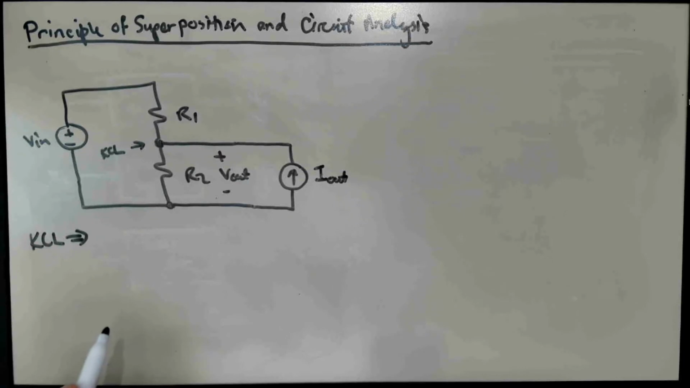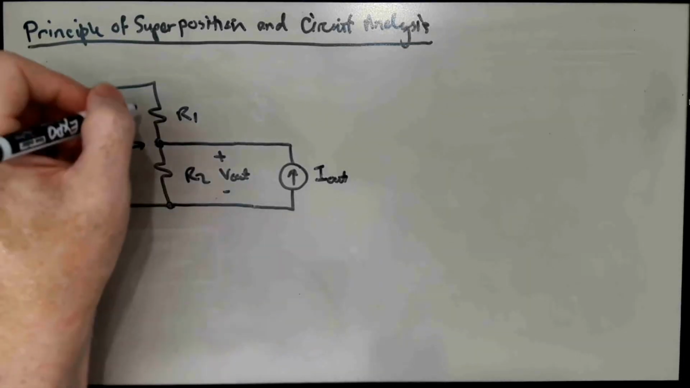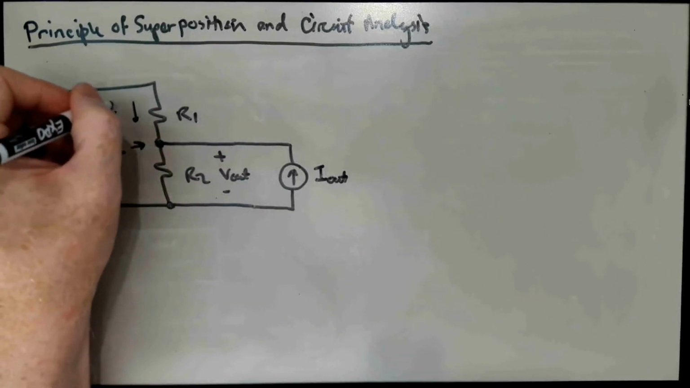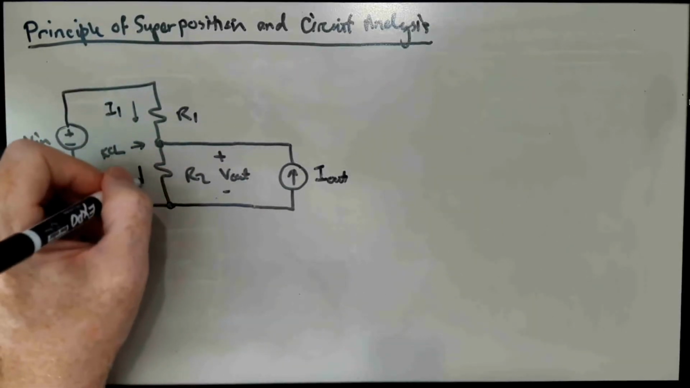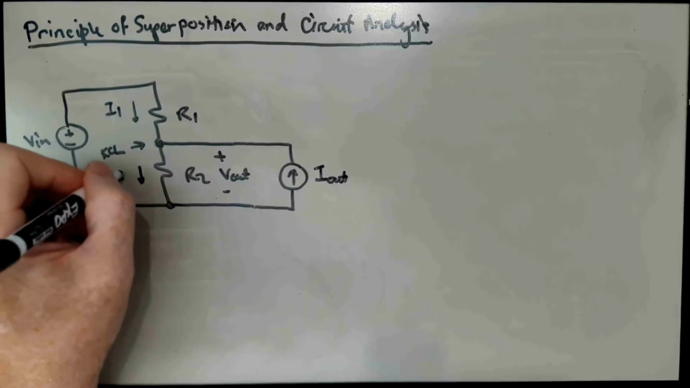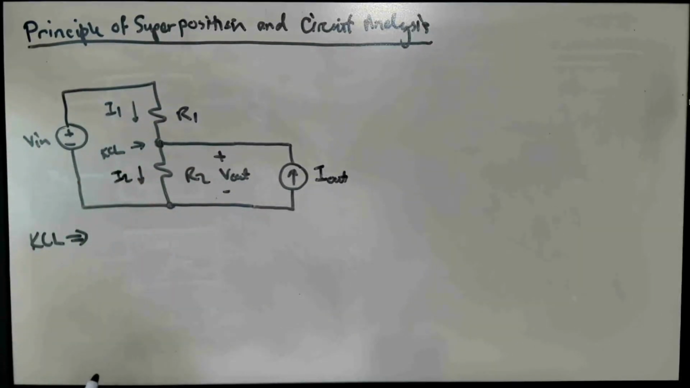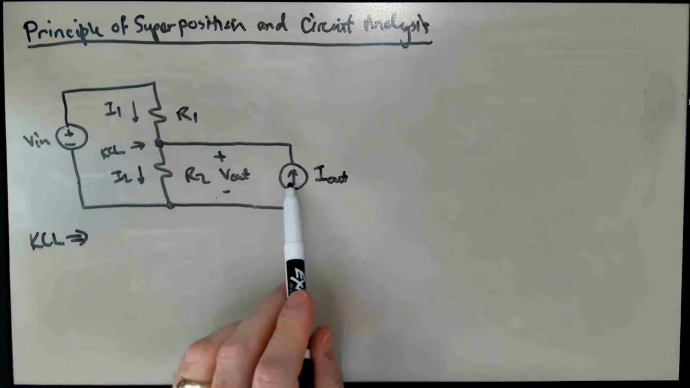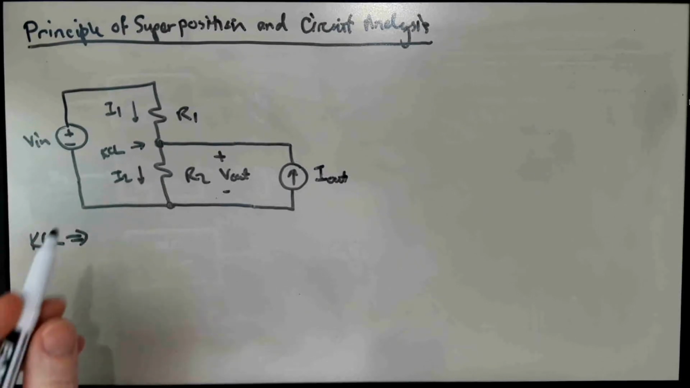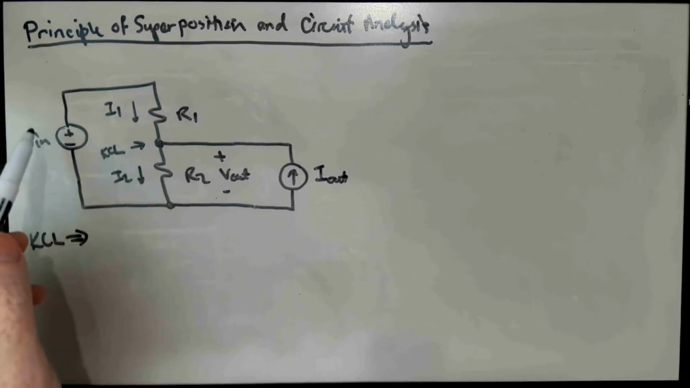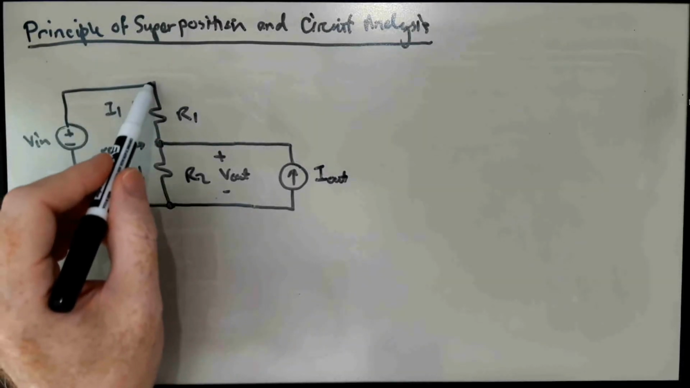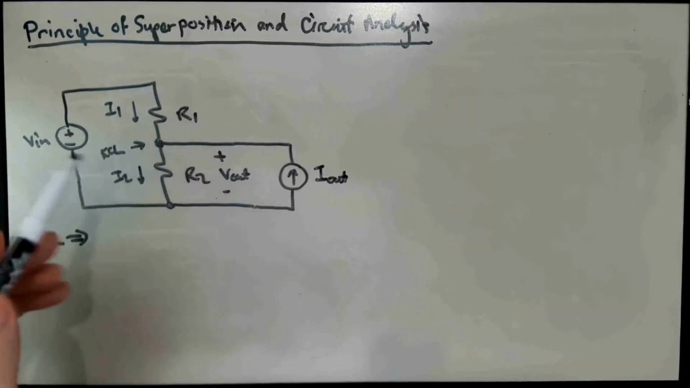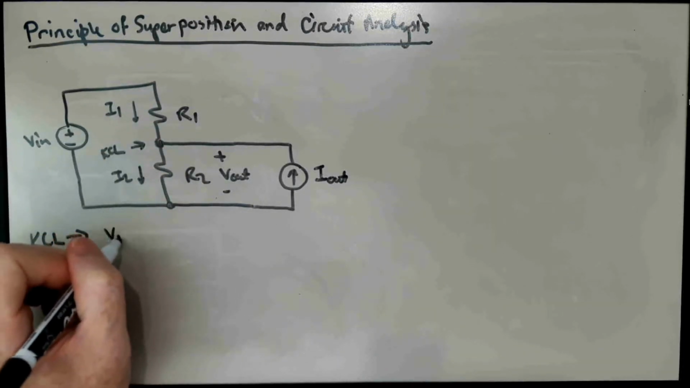So we don't have a matrix, but we just have a single KCL equation. So the current flowing through R1, call it I1. Let's say the current flowing through R2 is I2. We have KCL at the output node saying that the sum of the currents flowing in, I1 plus I out, is equal to I2. And we can express I1 in terms of V in and V out as V in